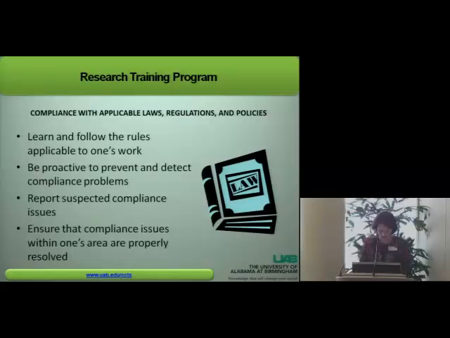UAB offers its employees resources to help recognize what is required. For example, specialized training is available for IRB studies and effort reporting, just as an example. A policies and procedures library catalogs university documents. And a compliance directory points employees to subject matter experts on campus for answers to detailed questions. Your organization may offer resources to help you determine what your compliance requirements are as well.